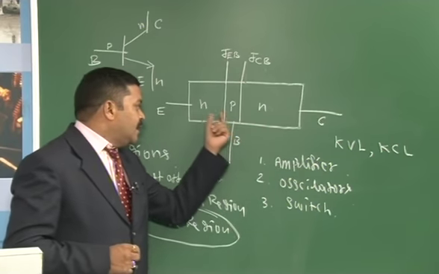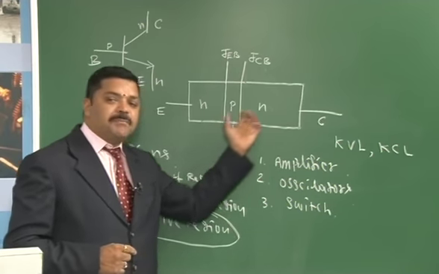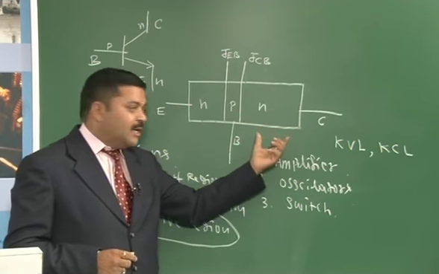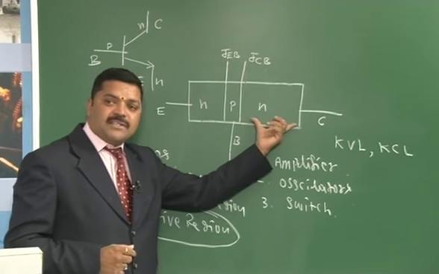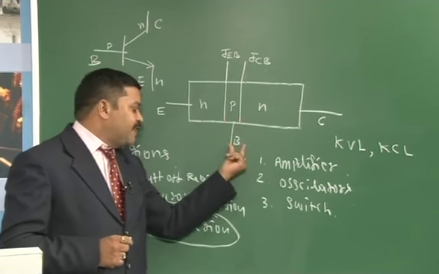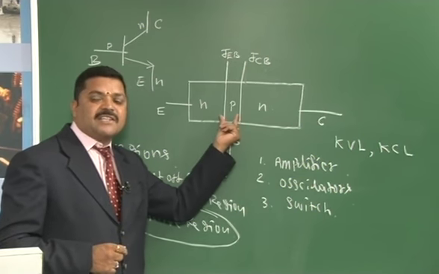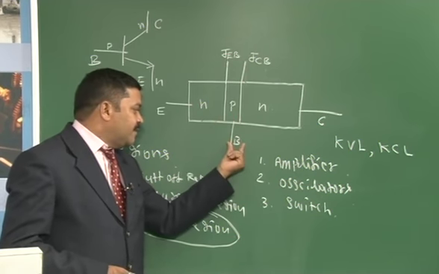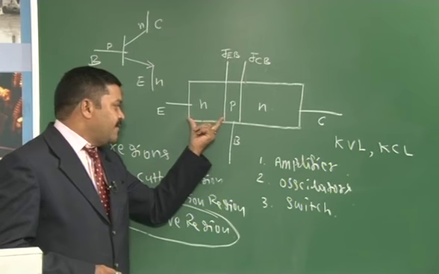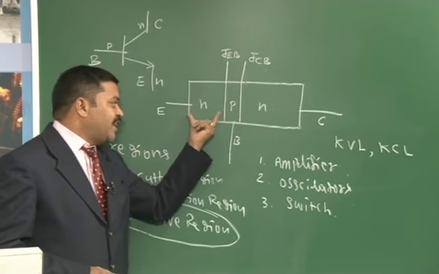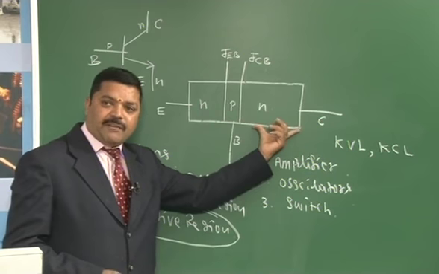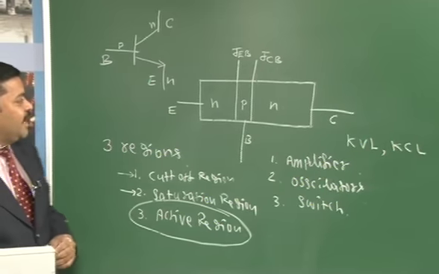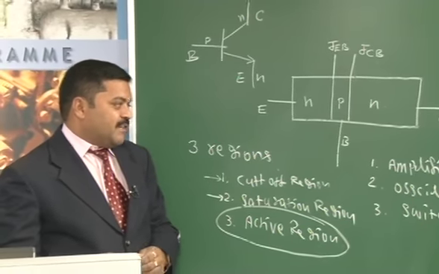Therefore, most of the charge carriers will be collected in the collector region. Therefore, it has to dissipate a lot of power, so the area of the collector region should be more. Since the function of the base is to control the flow of charge carriers from emitter to collector, the region of the base is very thin, the area of the emitter is moderate, and the area of the collector should be very large compared to all three regions. So, these are the prerequisites of BJT biasing.